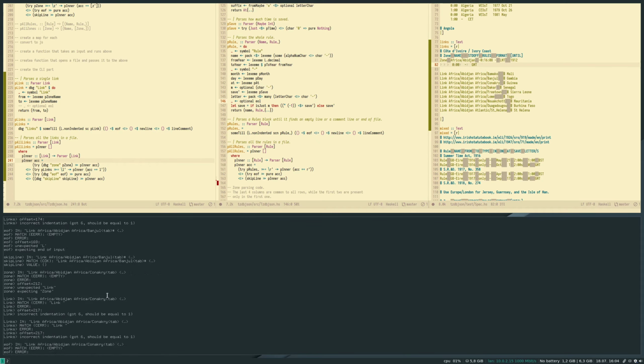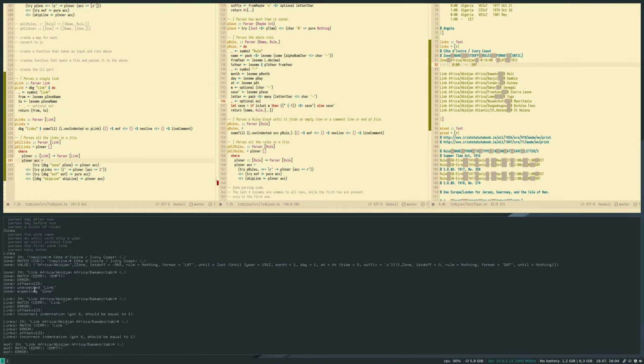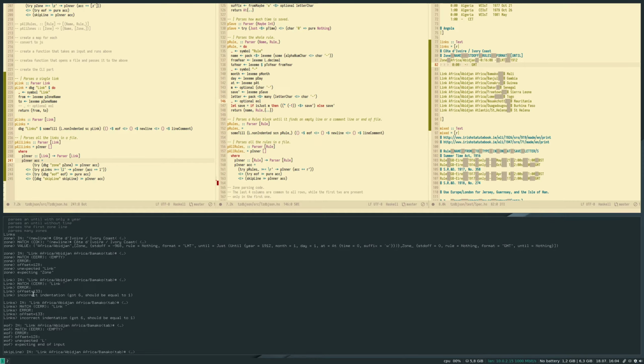Okay. Parses the zone. Okay, fails to parse the zone. How is this 6 indentation? In what world is this 6 indentation?